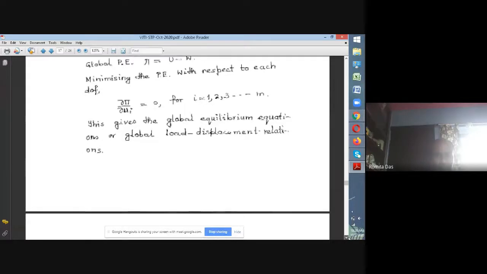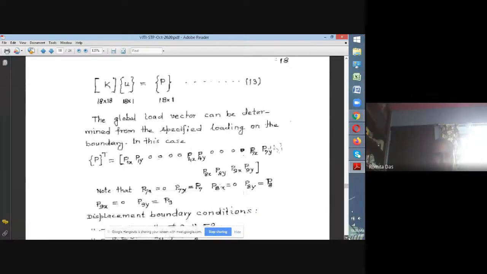So here it is. In the load vector, we have to write the loads at all the nodes. Because of the particular problem, at node number 7 the x direction load is 0 and the y direction is P7. At node 8, the x direction load is 0 and the y direction is P8. And at node 9, the x direction force is 0 and the y direction, 9y, is P9. So that's all. These are explicitly given, and that's how you get the load vector in this case.